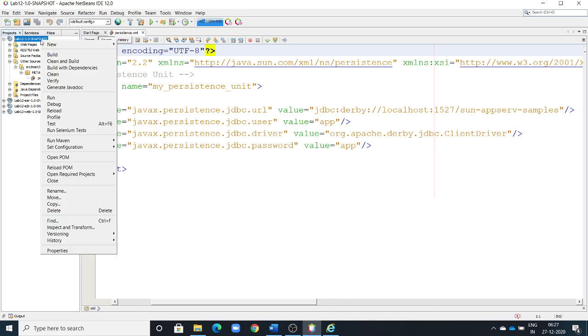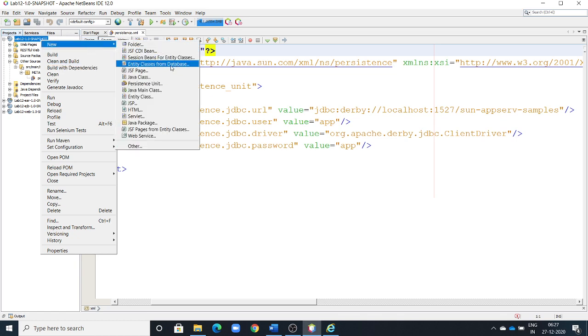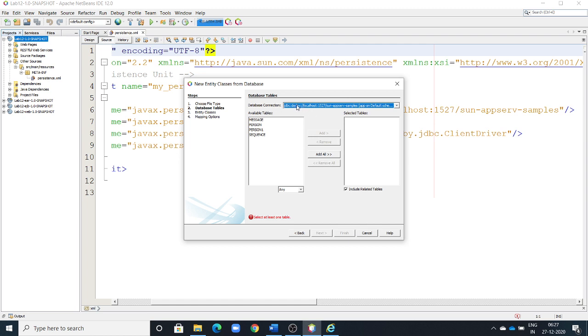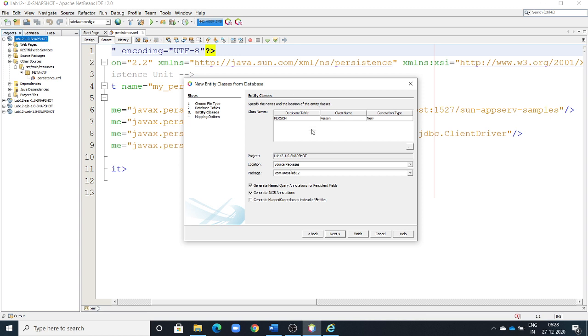Now, suppose you do not get this option, what you must do is just click build with dependencies. If you try this one time or two times, obviously it will succeed. Sometimes any small problem is also solved. Now for example, new entity class from database. See, before, the database connection is not showing. If the server is not done or some error comes, fetch which server and select the server. Obviously you can see person, click add, then click next, and obviously don't change anything.